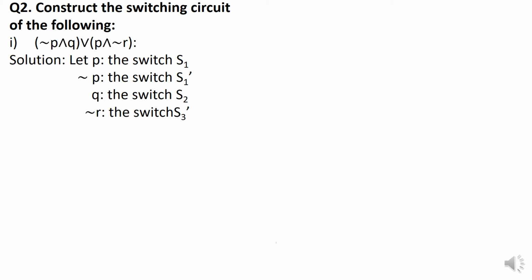From our last lecture, you must be remembering that AND means in series. Similarly, OR means in parallel. Therefore, the two groups of switches are parallel to each other. Keeping this in mind, you can draw the circuit in this way.